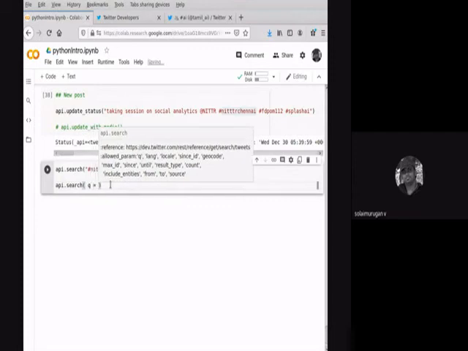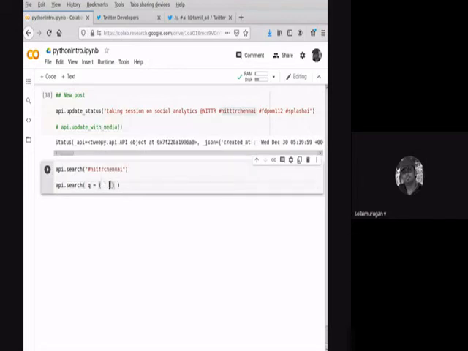So I want all the words Tamil Nadu, or you can put your own state. I want tweets which mention Tamil Nadu or Chennai. You can also put either of these words, and mention it like this, a complex query.